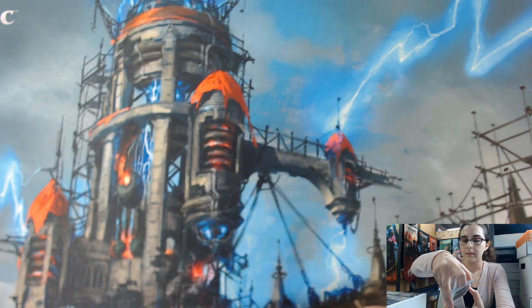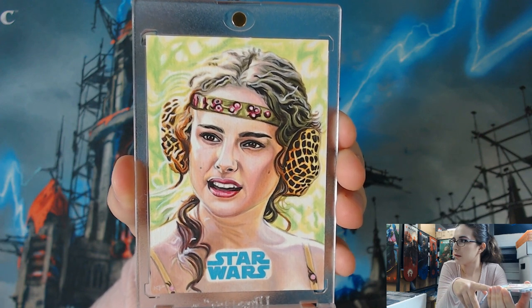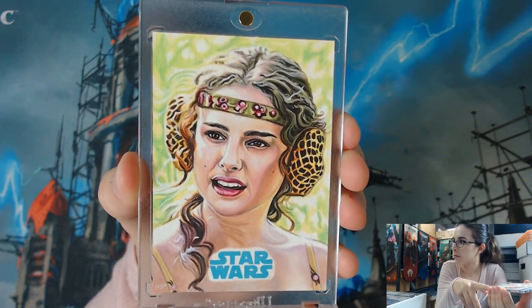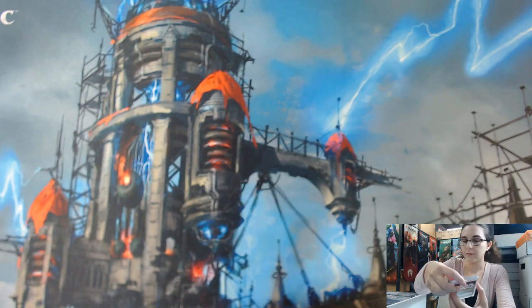Next I have this beautiful Padme sketch by also Chris Penix. Don't have too much of his work, but upon further reflection I do have more than I thought I did. This is just one Padme that I own. I own tons of Padme sketches, tons of high quality Padme sketches as well. That is just one of many, as of we have another